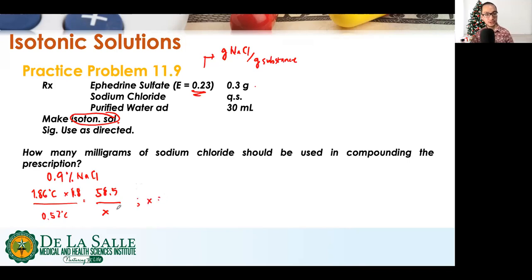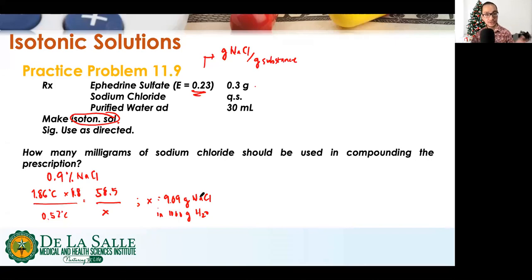To make an isotonic solution in a kilogram of the solvent, we would need how many grams of sodium chloride. So we calculate for the value of X. That will be equal to 58.5 times 0.52 divided by 1.86 divided by 1.8. So that will be equal to 9.09 grams. Meaning 9.09 grams in 1,000 grams of water will make a solution isotonic,